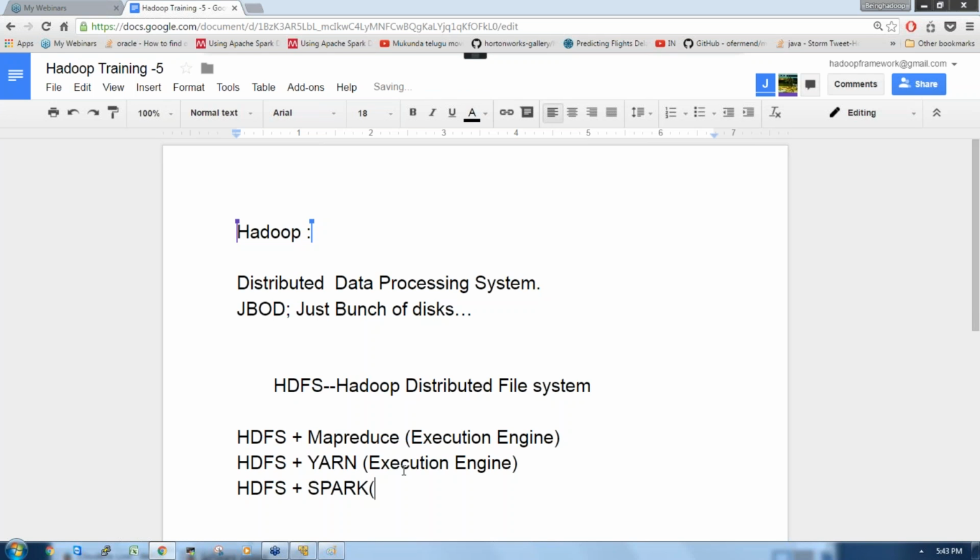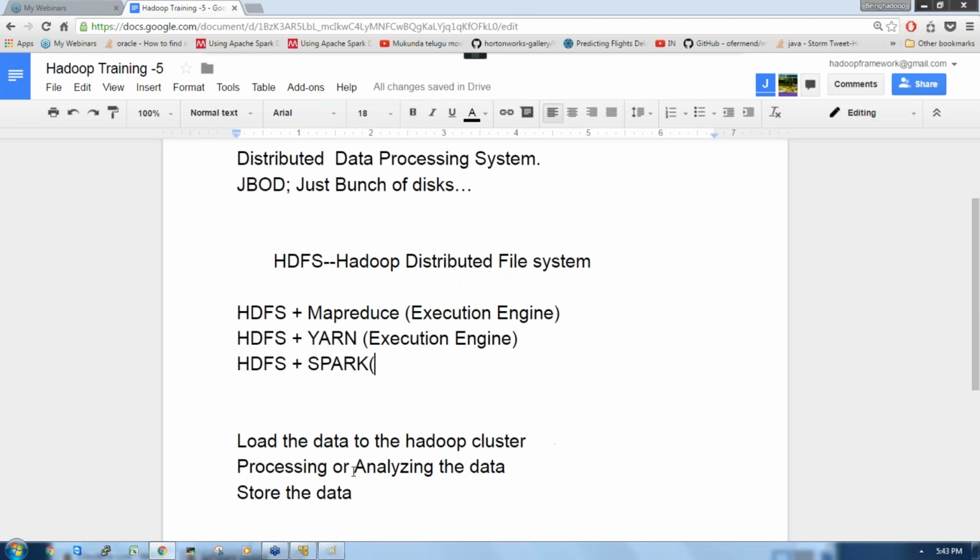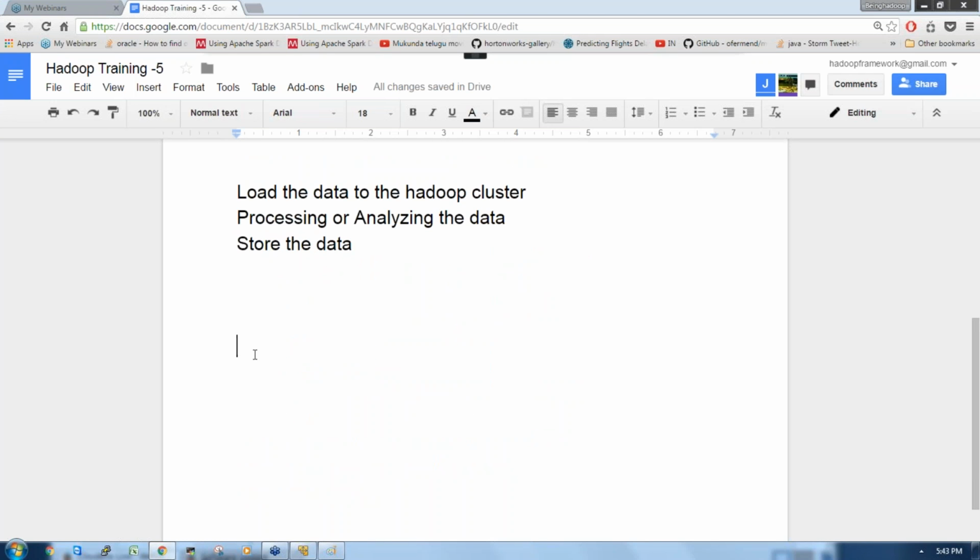So what is the meaning of the execution engine here? Suppose my data is available in a file, prod_info, and consider this a CSV file. Now I have the data and I'm trying to retrieve some information. Suppose I just want to see how many users visited the product today.